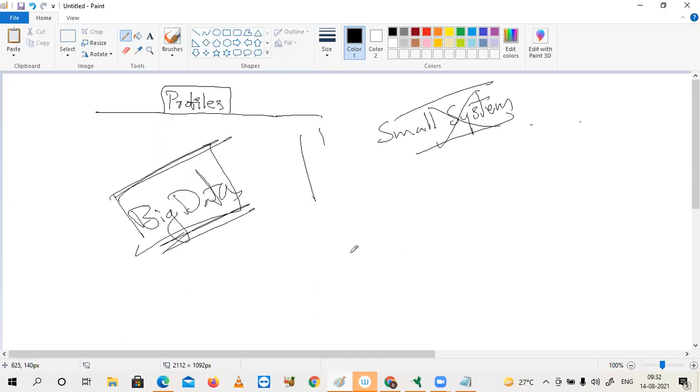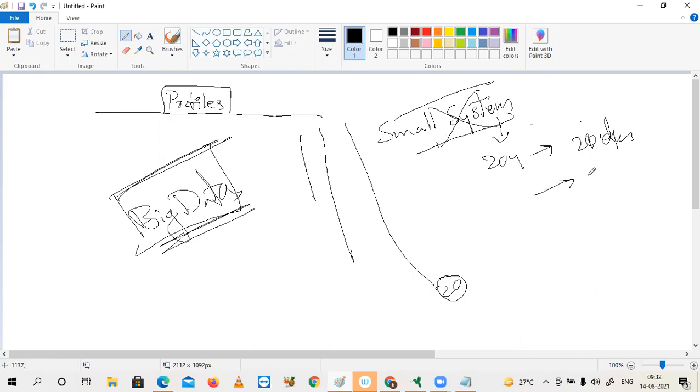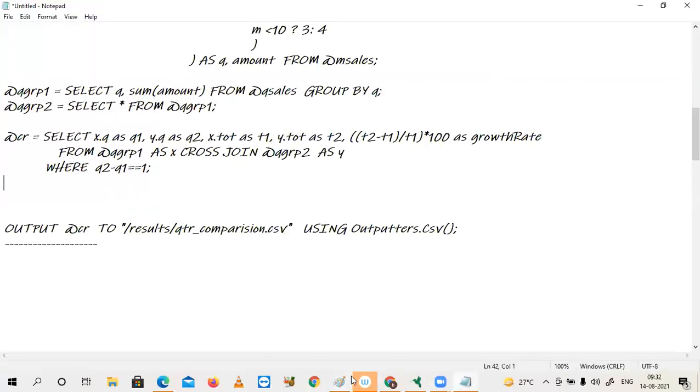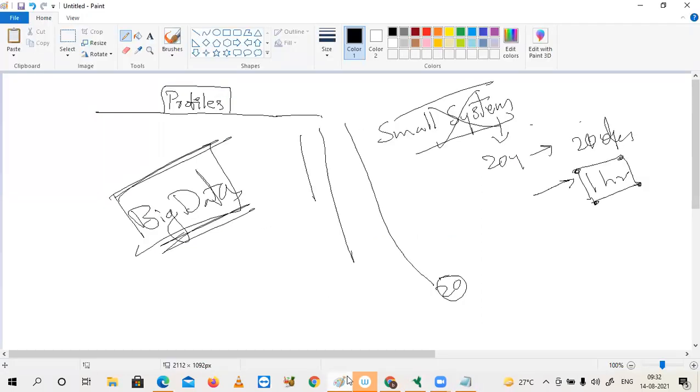Whether it is 1 year of data, or 2 years, or 20 years, doesn't matter. Suppose on your small system, processing 20 years of data takes, let's say, 20 days. With big data systems, you will achieve the same thing in just an hour. How big your cluster size is, your processing time will depend on that. Okay, no sir. I think my question is, here we are taking only two columns, quarter and sum of amount, but we need to compare quarter by sales for 3 years, like we are comparing 2014, 2015, 2016.